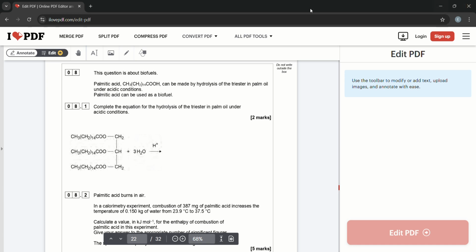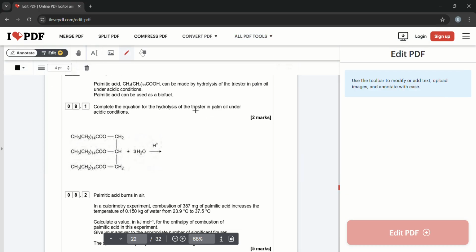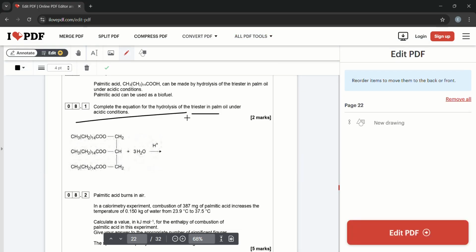Question 8. This question is about biofuels. Complete the equation for the hydrolysis of triacid and palm oil under acidic conditions. So we're going to form this 3 will go to here to form 3CH3 CH2 14COOH carboxylic acid